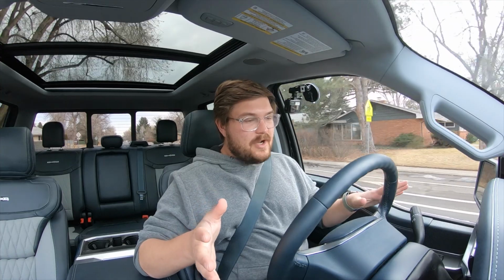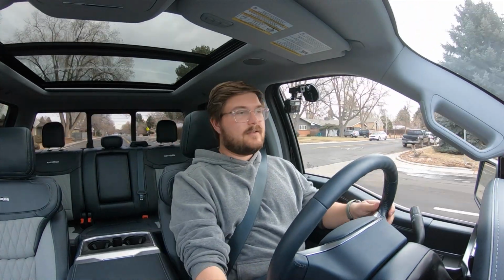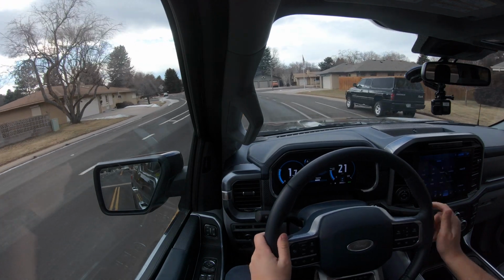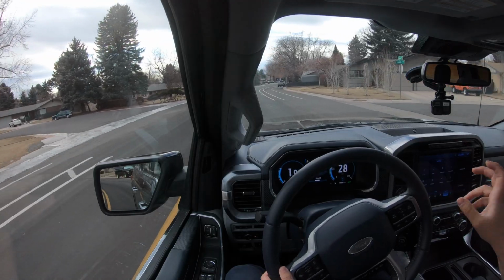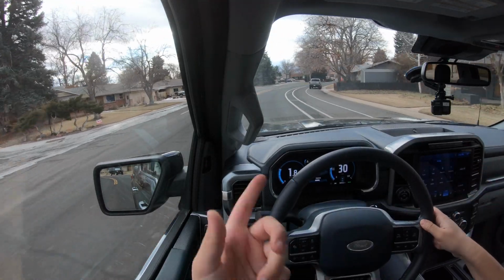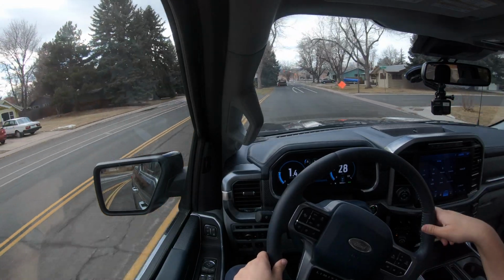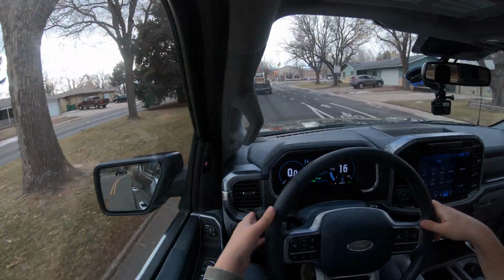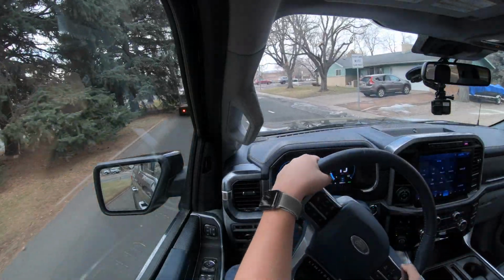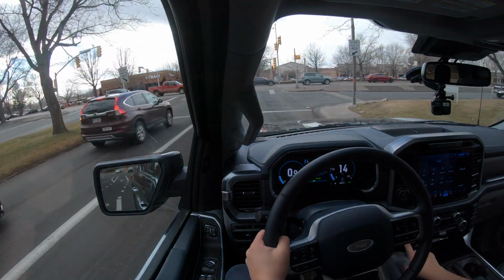So lots of different modes. Right now we're in normal mode, just cruising along. Now there's a little dial to the right of my knee down here that I can twist, and this twist dial changes all of the modes. Before we get into that, the middle of that button will lock the rear differential up to I think 20-25 miles an hour or so, which is pretty neat. So let's head out onto the road this way, and I like that a lot. I can also